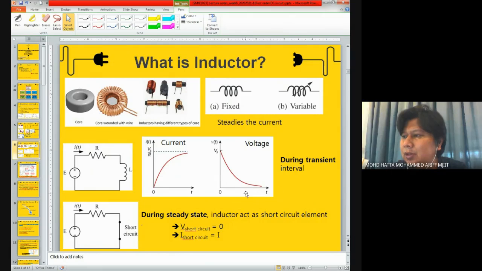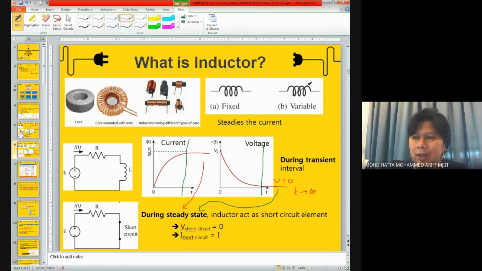However, this picture tells us about the transient interval. If you extend the response towards t towards infinity, you will see that the current steadies, building up from 0 to its maximum value, and the voltage drops from its maximum value until V equals 0 over here. Okay, that relates to what I'm trying to explain here. So you know that this part is steady state. I'll put it like this. This part is considered as steady state,